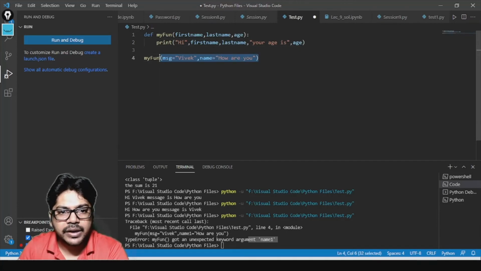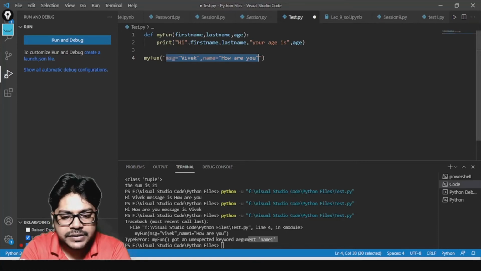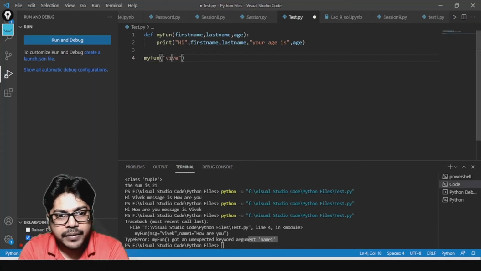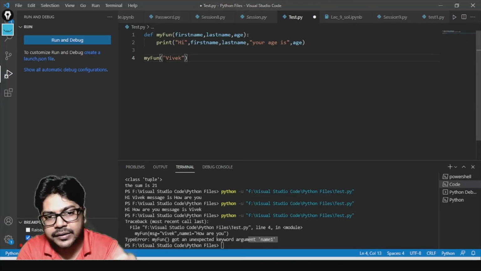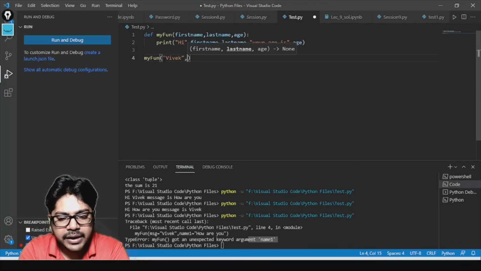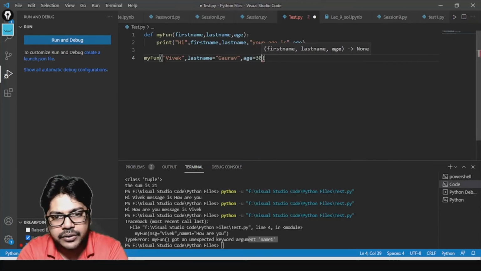Now when I'm calling this function, I'm giving the first name as Vivek, which I'm not giving as a keyword argument because I did not write first name equal to, so it is just a required argument. Then I'm writing last name equal to Gaurav, which I'm making a keyword argument, and age I'm making a keyword argument equal to 30.